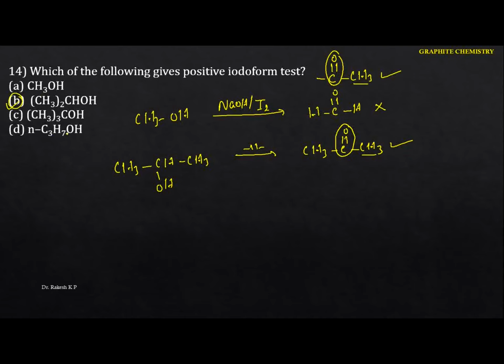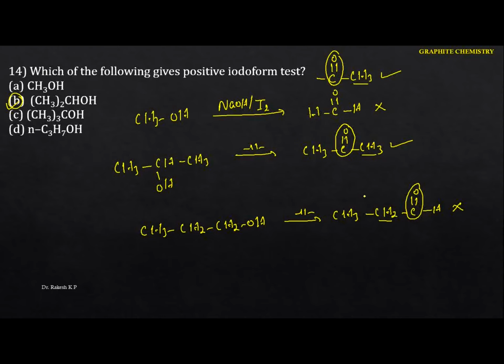But why can't it be the last one? Because if we're talking about N-propyl alcohol, in the last one, N-propyl alcohol is a primary alcohol. The primary alcohol on oxidation, what are we going to get? Here we are going to get the aldehyde. Here we got the aldehyde, but see this one here, the keto group, it does not contain the CH3, hence it does not answer the iodoform test. Hence in this case the option is B.